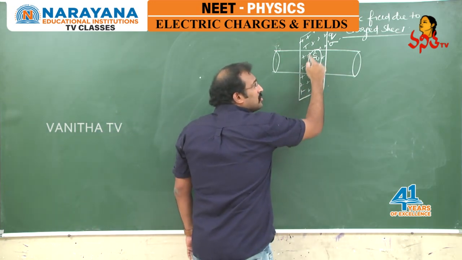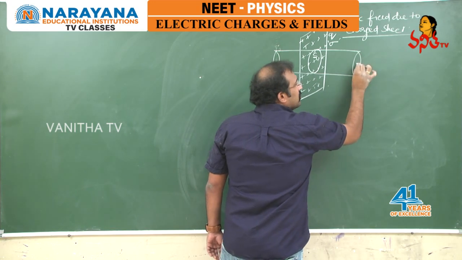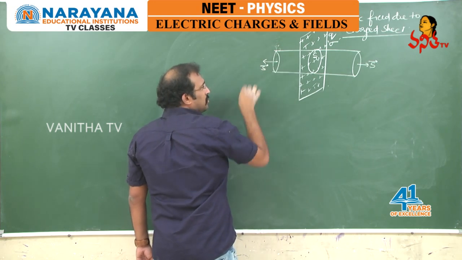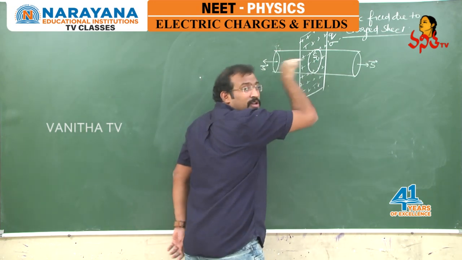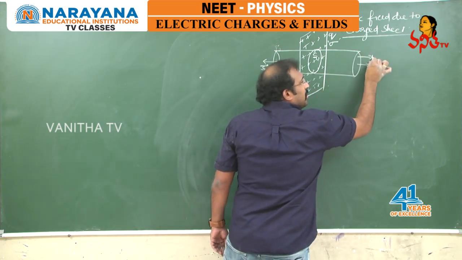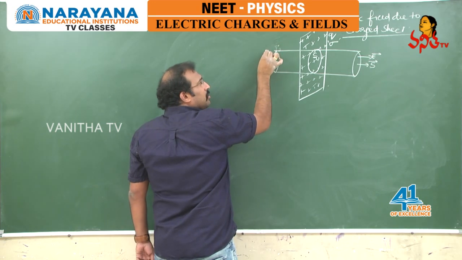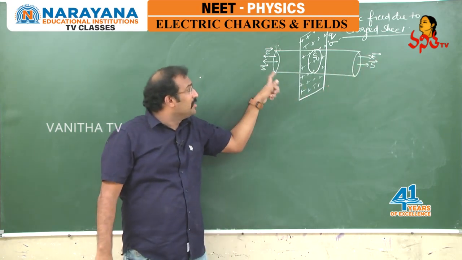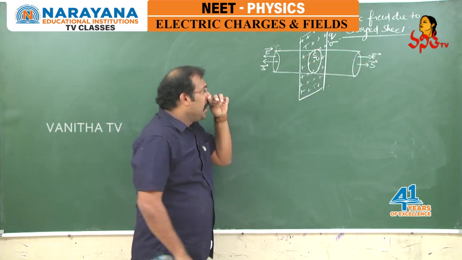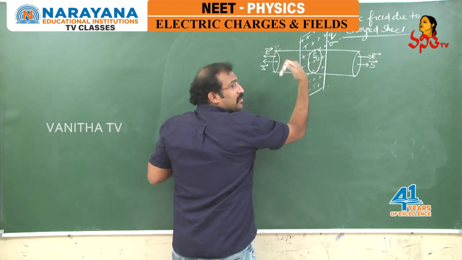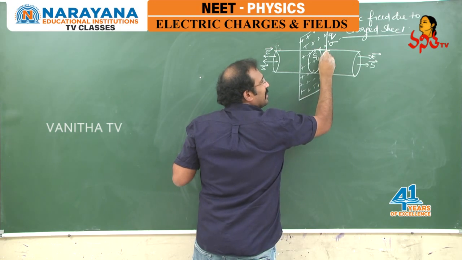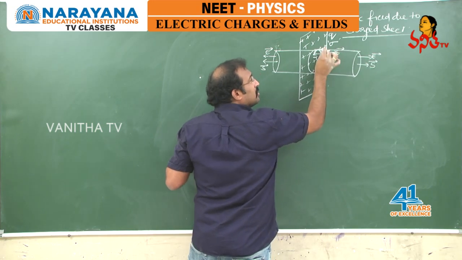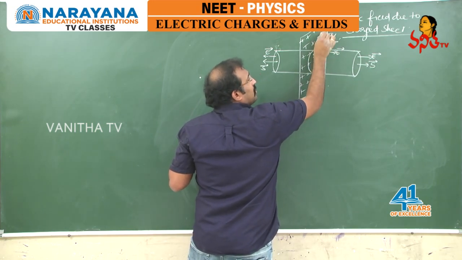Now due to this part, the electric field, this is an area vector like this. Here the electric field due to this positive charge will be directed away. That is, the electric field would be like this here. So this is the direction of the electric field and these are the area vectors. And now if you consider this curved surface, the curved surface will be like this. The electric field will be like this here and the area vector will be like this.